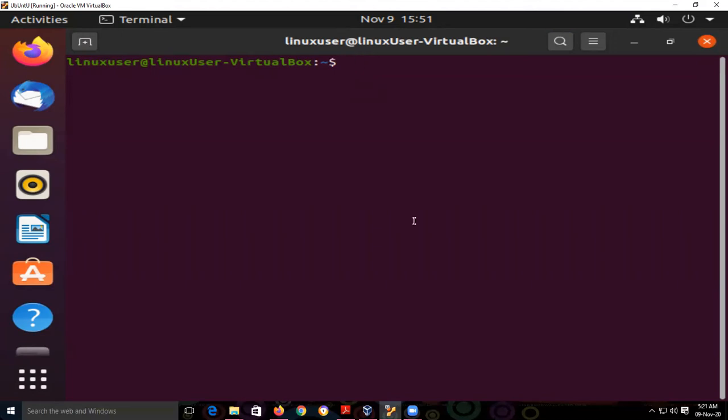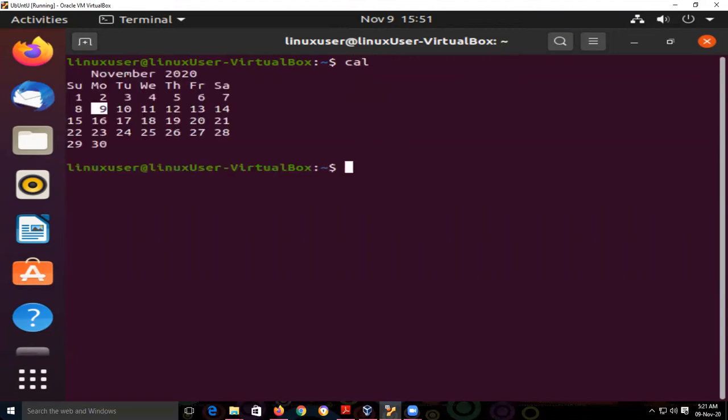Now the next thing is that we start the first command, that is the cal command. Cal stands for calendar. It will display the current month calendar, November 2020. The cal command is used to display the current month calendar. It has some descriptors. Suppose I am using cal with a hyphen.